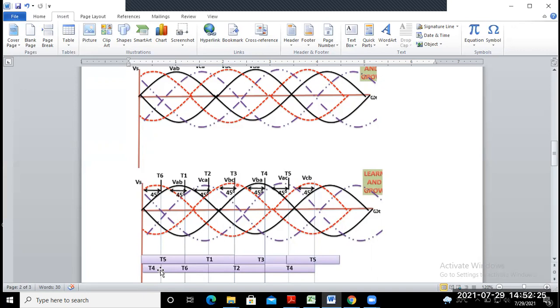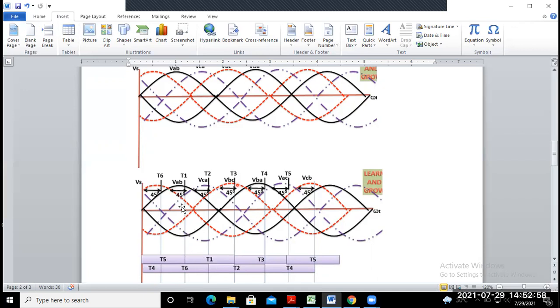Next, the VCB voltage appears, that means up to this point thyristor 4 is conducting. Okay, because the VAB voltage appears, thyristor 4 is conducting up to this point, and the next incoming thyristor of the negative cycle is your T6. Similarly for the next, T6, after that T2, and again repeated for T4. So this cycle is repeated, starting from the first positive half cycle, which is T5, T1, T3, T5. Okay. Or rather you may consider up to this point. Is it clear now up to this point?